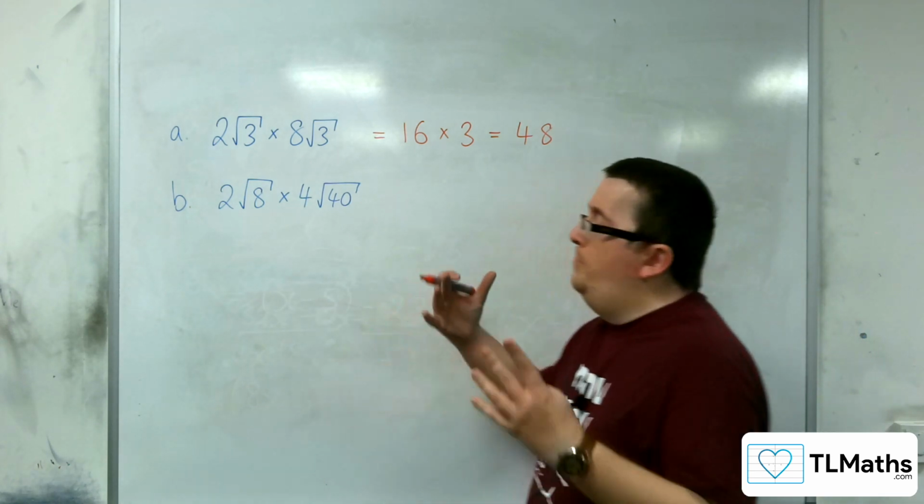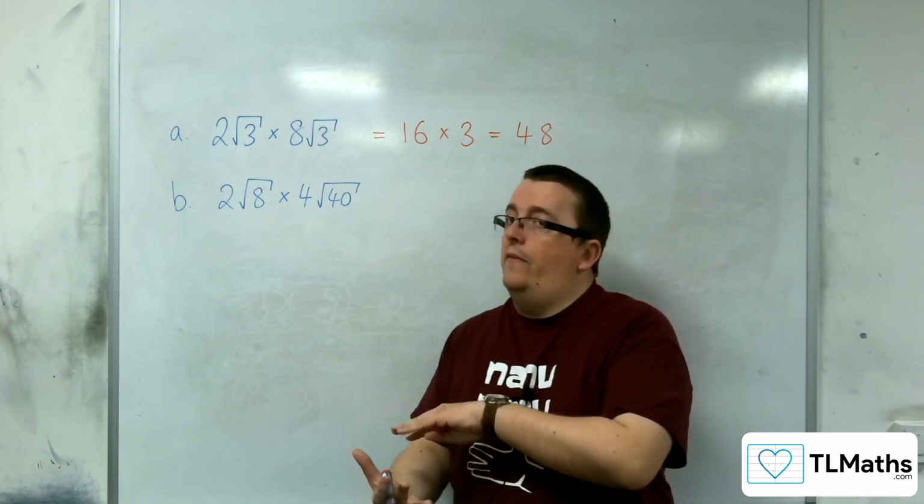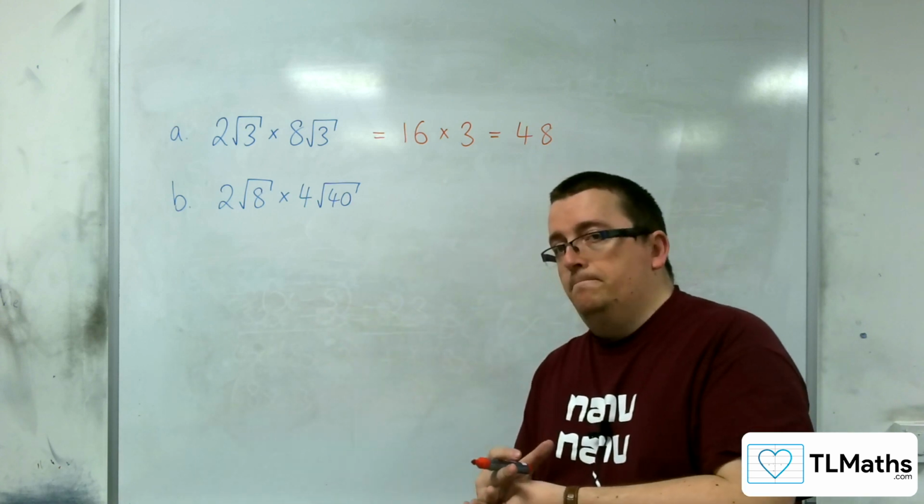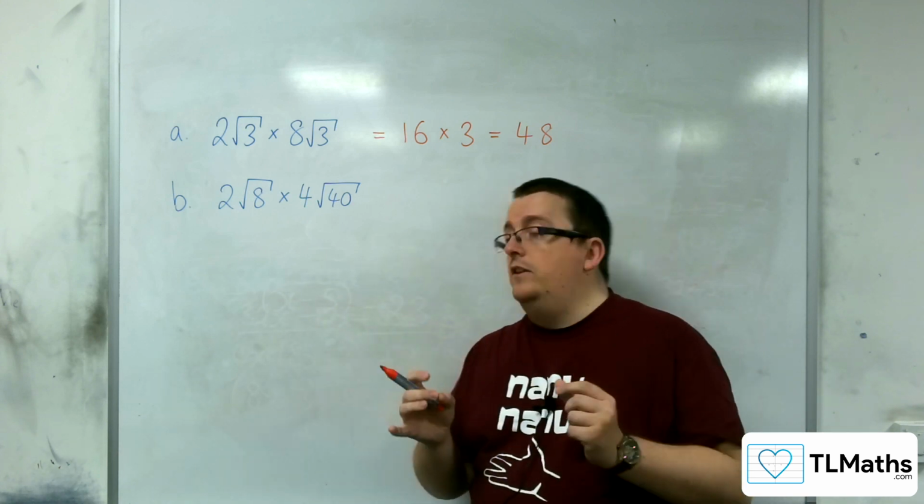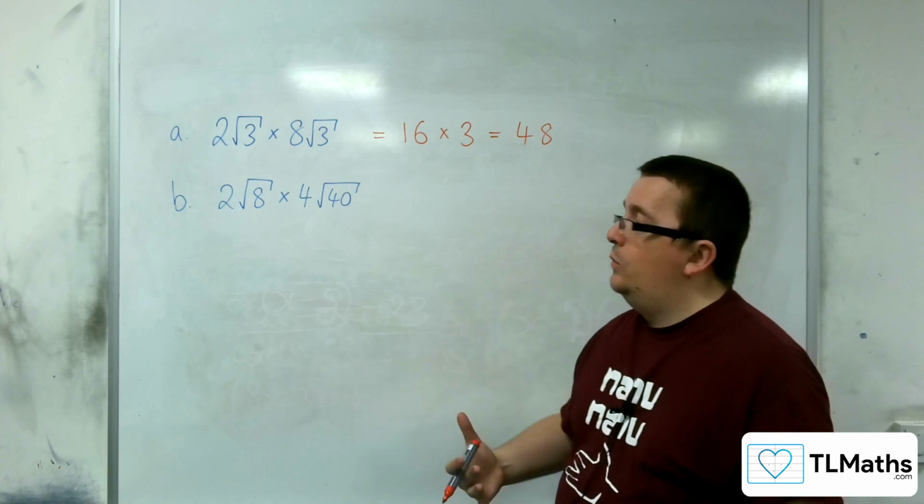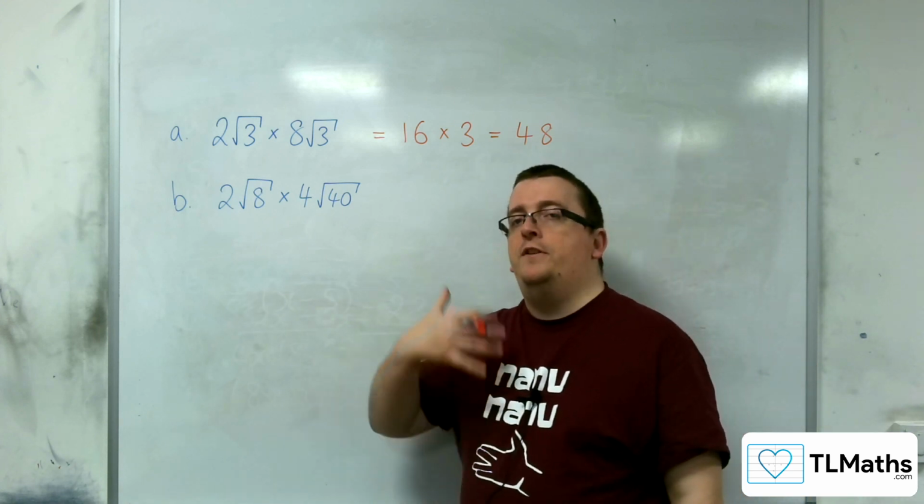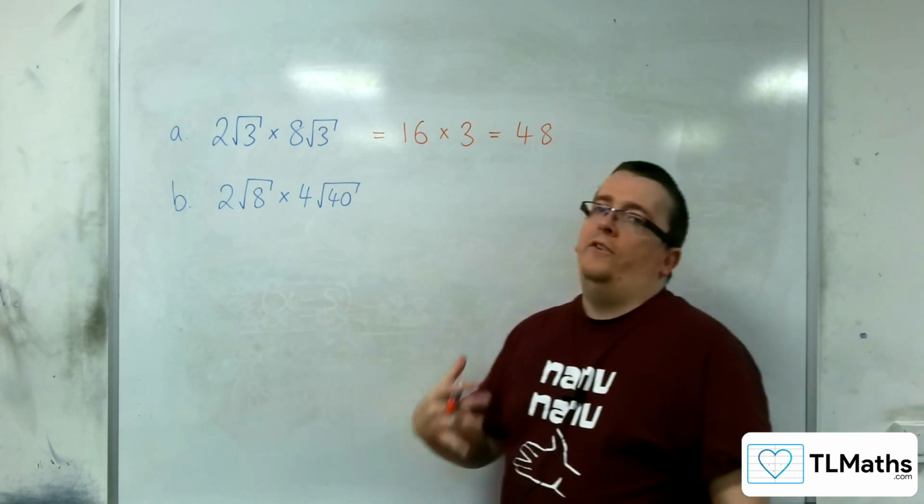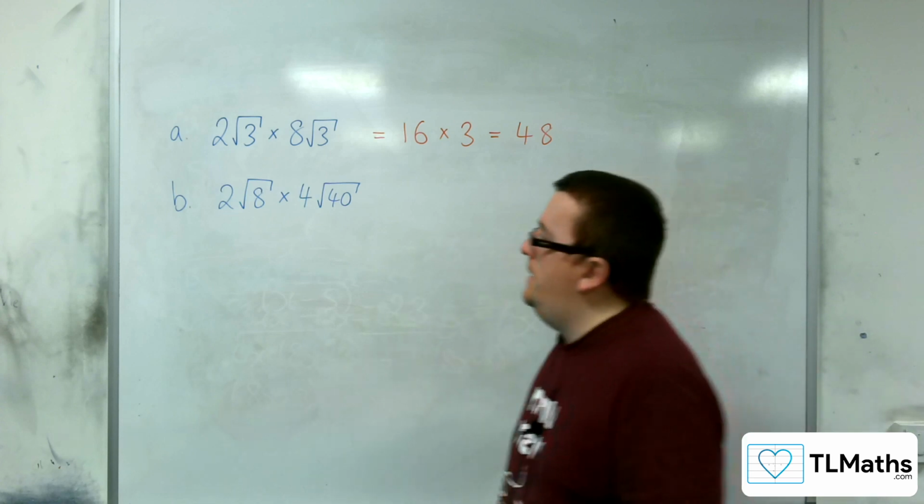Now, for B, you can go about that in exactly the way that I've just done it. Or if you recognise that some of the surds that we're working with can actually be simplified first, that might save you some bother. Okay? So,